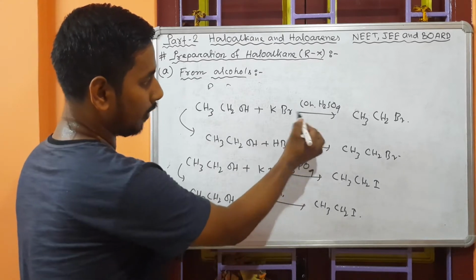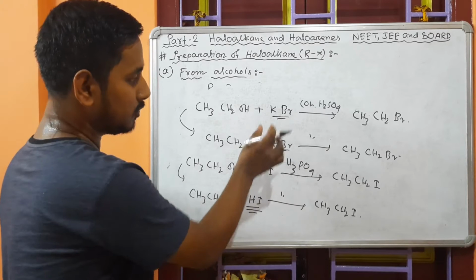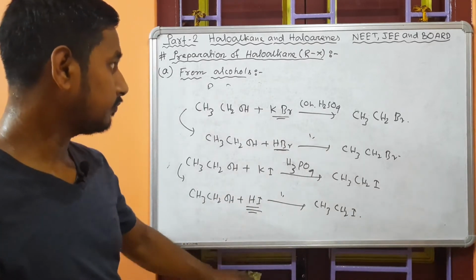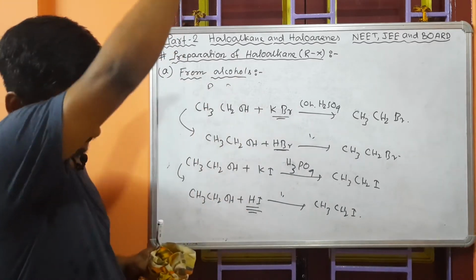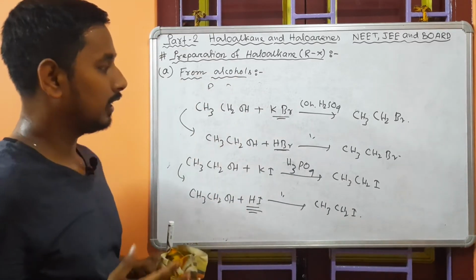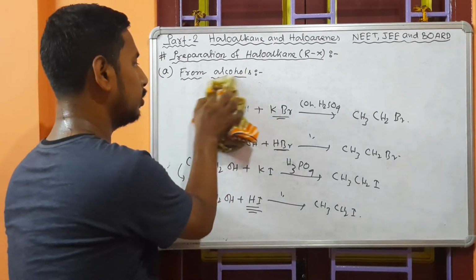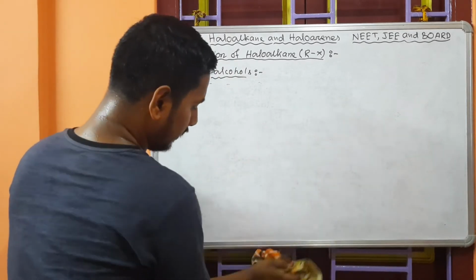Very similarly, when KBr and H2SO4 react with each other they form HBr. So this HBr is in situ in this reaction. So from alcohol, by the action of halogen acid, we prepare these haloalkanes. Next one is, again from alcohol only. So the next one is by the reaction of